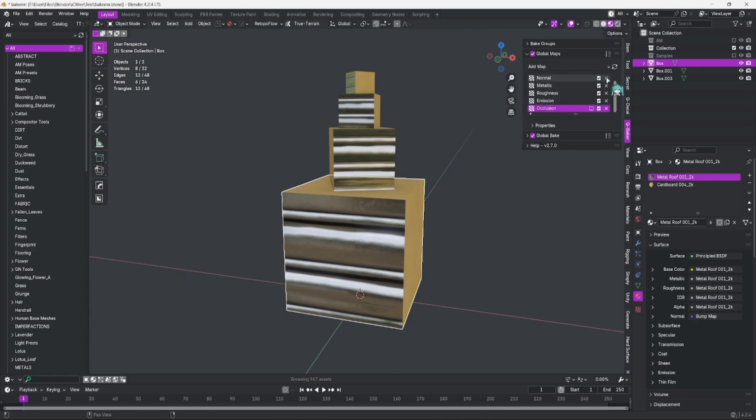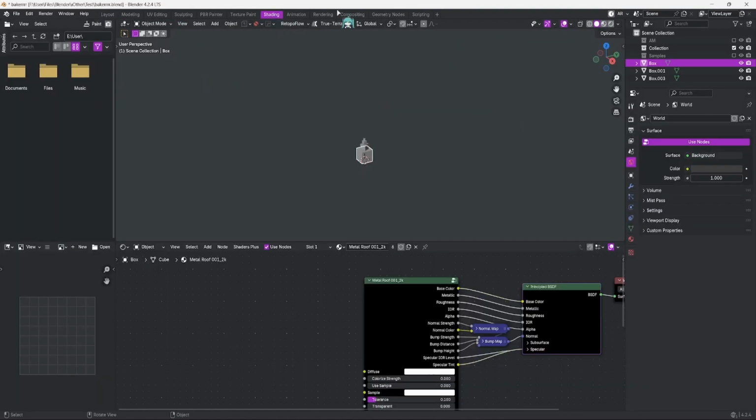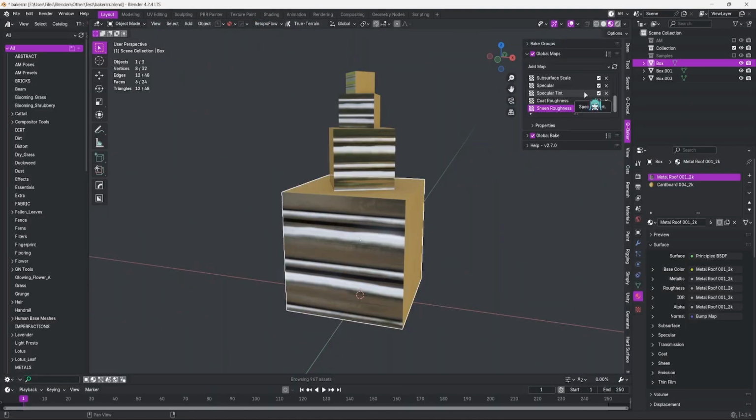Again, the same applies to the check marks and X's here and everywhere else in the add-on. So I'm going to hit Shift X to delete everything to show you that there's also this button which will load in all the texture types found on the material that you have on your object. So when I hit this button, you'll see that all of these maps loaded in because these maps are relevant to my material. But just because these are all the relevant textures to my material doesn't mean that my game